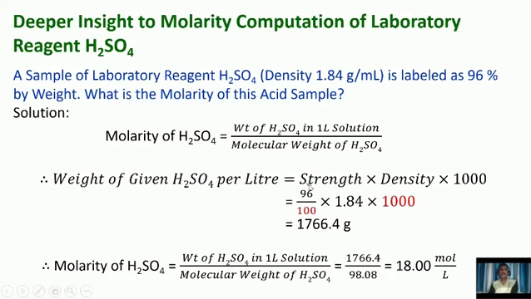Okay, so there we have mentioned it as assay or percentage purity, or we have mentioned it as percent weight by weight. The same thing is there. Here it is mentioned as strength. Okay, so you can recall any one. You just can take here percentage purity into specific gravity into 1000, and you can simplify it. Okay my friends, we will move to next slide.